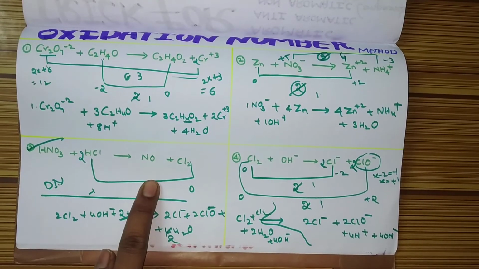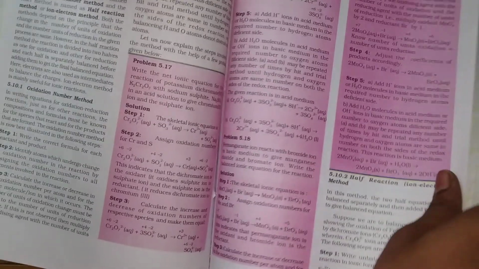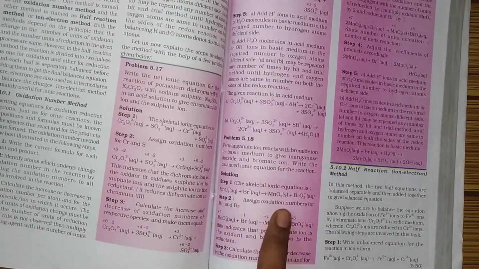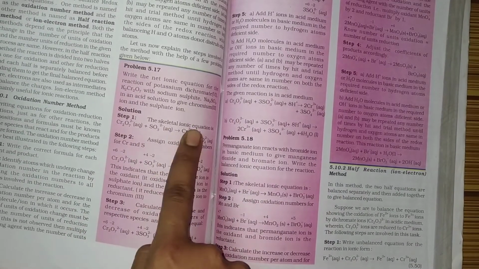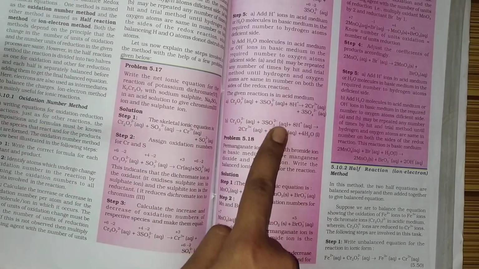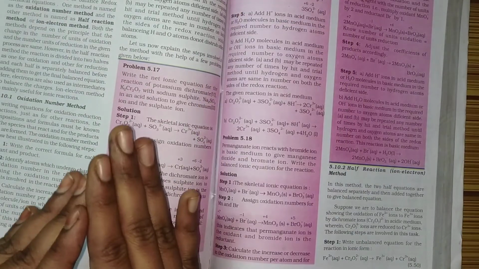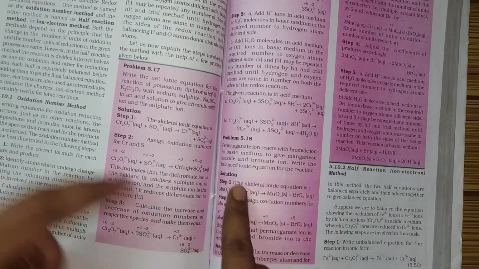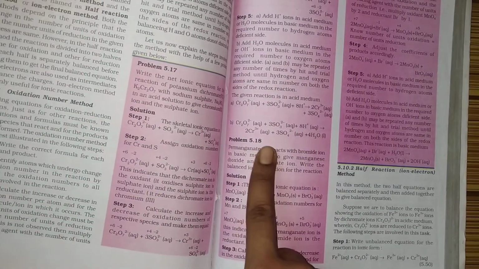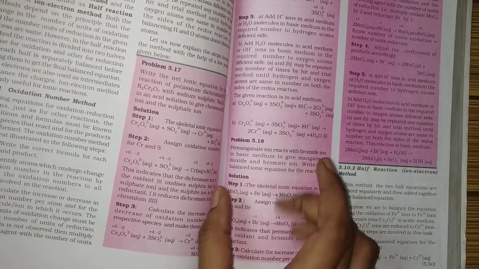This you should do yourself. And do these reactions also. These 2 reactions are also in your textbook. The answer to this is this one. Don't look at this; first solve and then check. For the next reaction, the question is given like this. You have to form the question. You have to see.